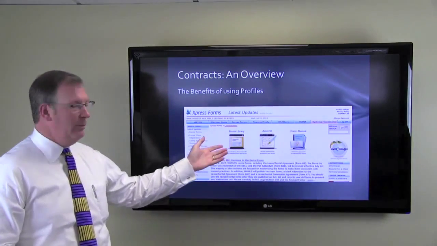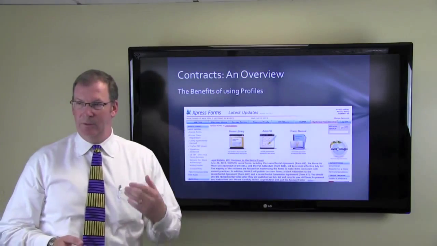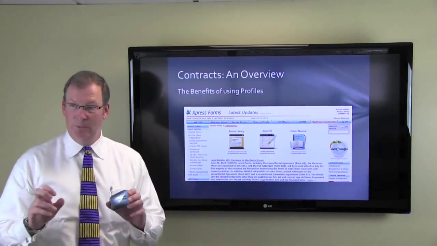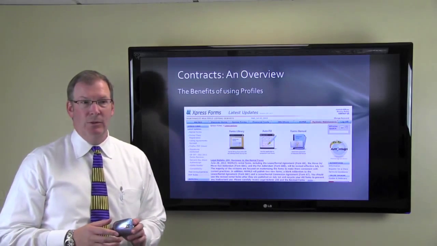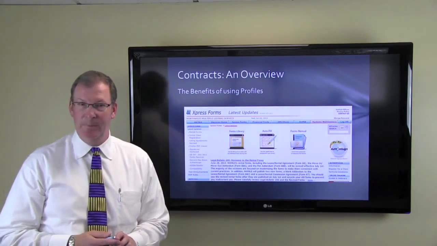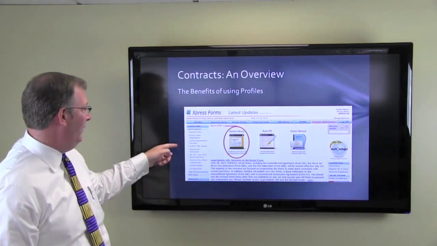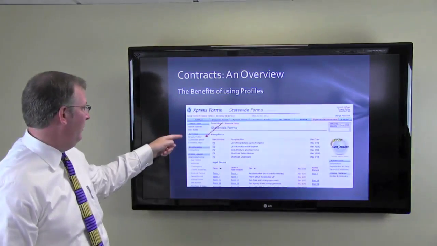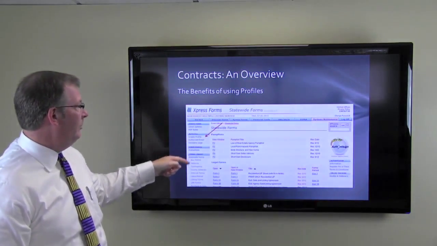And as we've talked about before, you might click on Forms Library if you're looking for a specific form. But if you're about to write an offer for the Joneses, let's say, and you want to autofill as much of it as possible, you can use the Create Profile, and it'll bring up